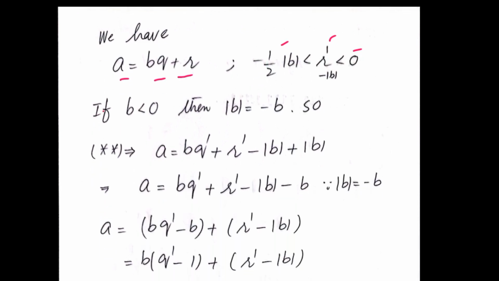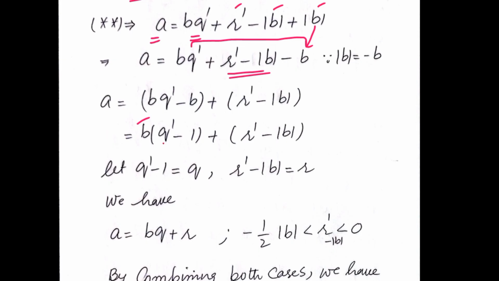Case: if b is negative, then the absolute value of b is equal to minus b. So now star becomes, this is my double star, a is equal to bq' plus r' minus |b| plus |b|. Writing |b| as minus b and combining these two terms, it is r' minus |b|. So by combining bq' with minus b and taking b as a common factor,